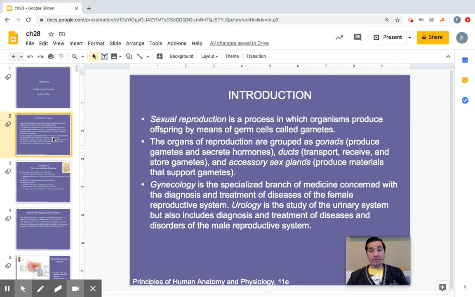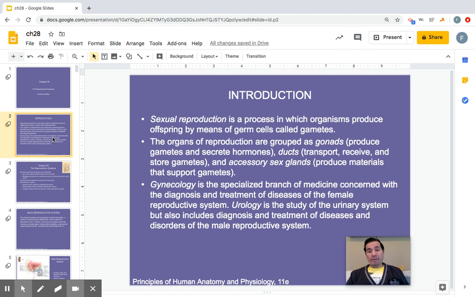The main purpose of the reproductive system is to produce gametes from gonads. Gonads are the organs, the structures that build the gametes, and the gametes are the way that we produce specialized reproductive cells. And the specialized reproductive cells are where we have half the number of chromosomes that we have in normal cells. So a lot of what we're going to talk about is how we develop those particular types of cells today. We're also going to look at the structures, and we're also going to look at basics about both